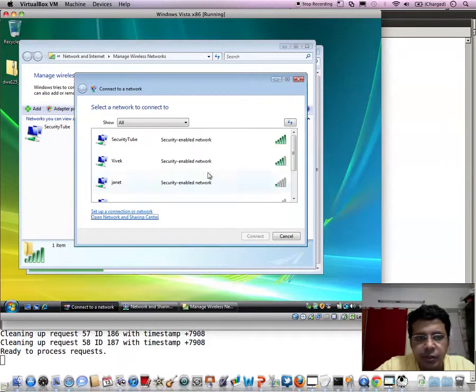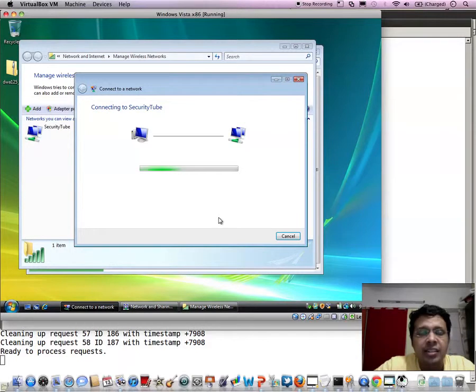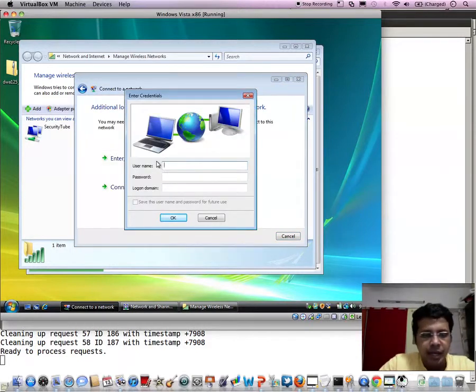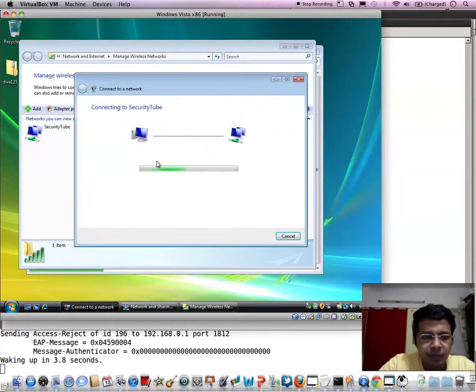So let's connect to a given network. Security tube is the one. Note that verification of certificates etc. has been disabled right now, and what we could do is use any combination, let's say demo and demo, which is of course an invalid one,